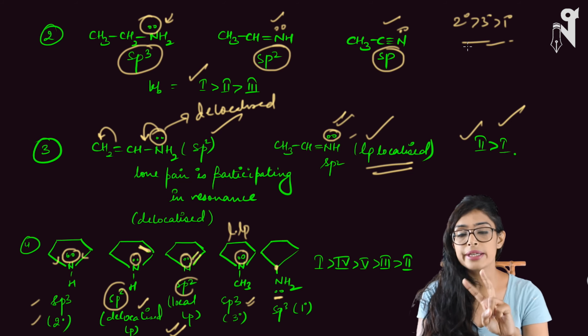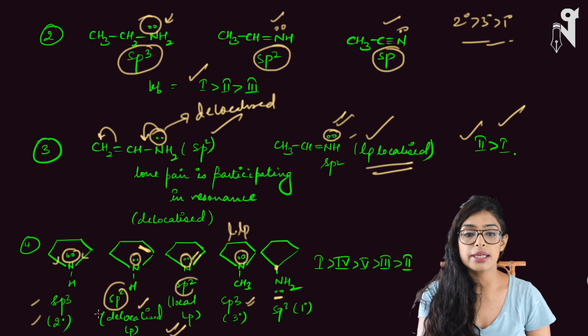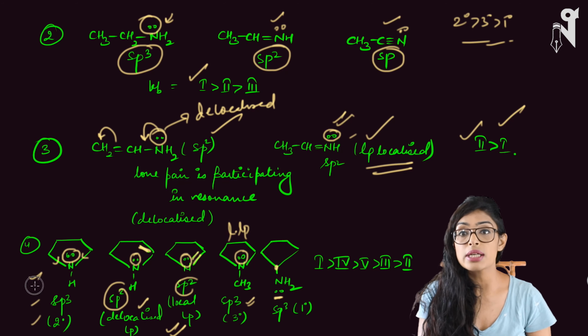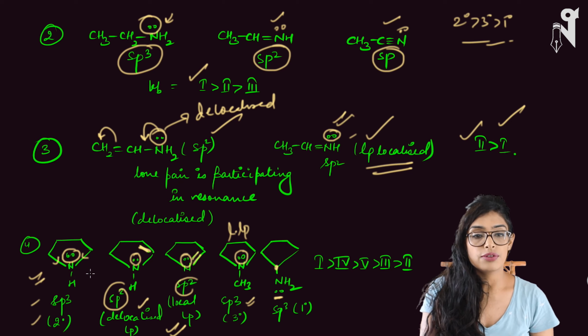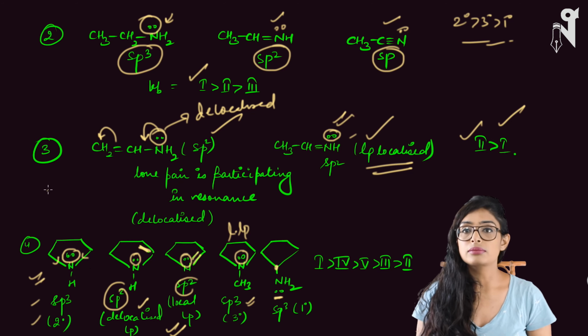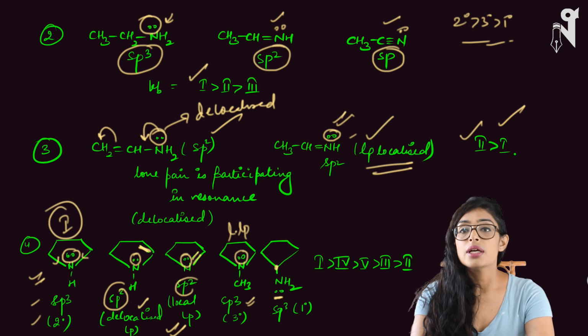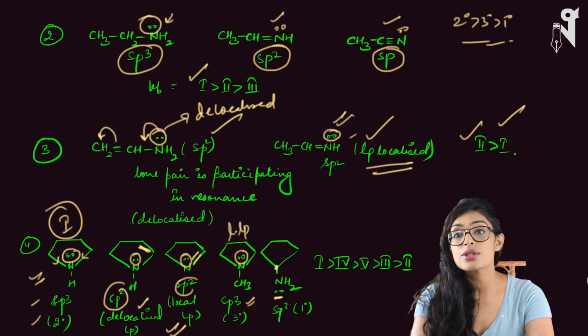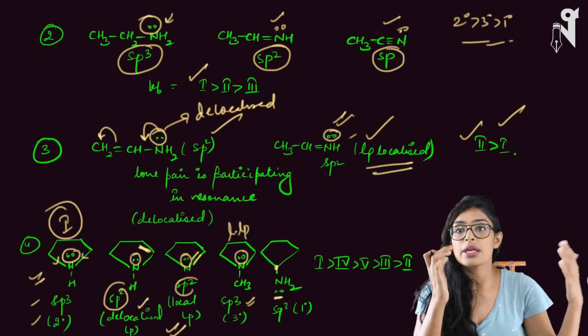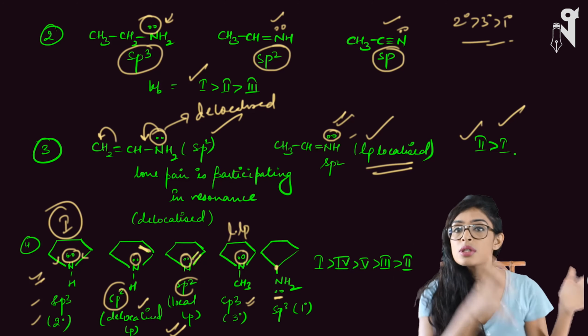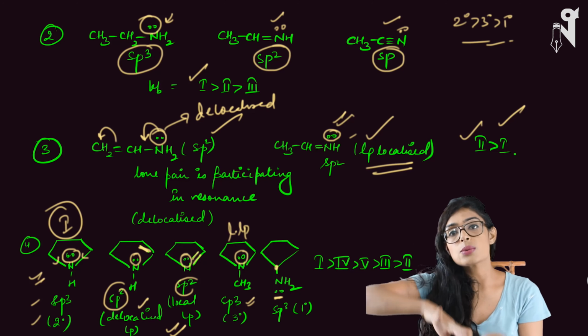Which all are secondary, we have to figure out. The first and the second are secondary. In case of the first one, a localized lone pair is there. In case of the second one, a delocalized lone pair is there. So among first and second, which is going to be more basic? Your first one is going to be more basic. Okay, mind it, resonance or delocalization reduces the basic strength to a very good order. So all the localized ones, no matter whether they are primary, secondary or tertiary, should be most basic, and the delocalized ones are going to be the least basic.